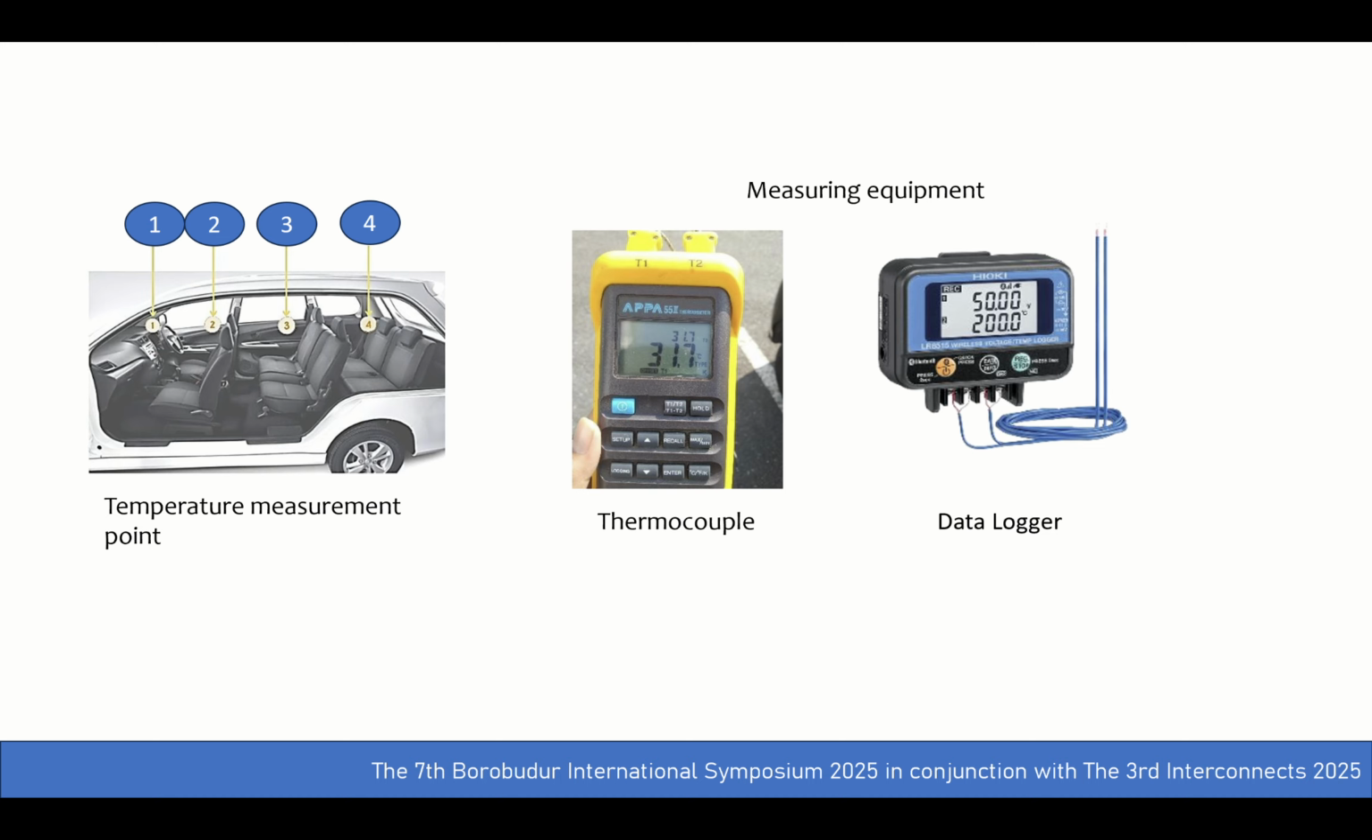We use a thermocouple for measuring temperature, and a data logger to collect the temperature from the morning. This means from the first point of car parking until the afternoon, the end of the car parking, so we can know the temperature increase over time and the carbon increase over time. We use this data logger to collect all of the data,